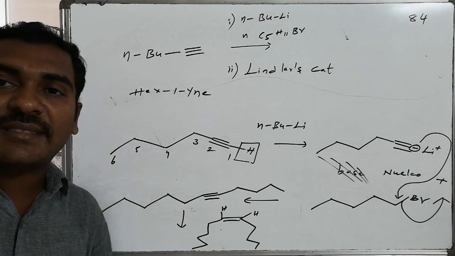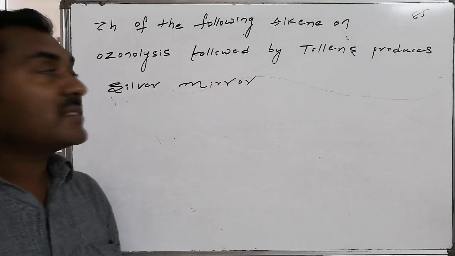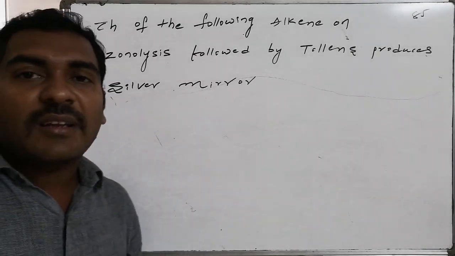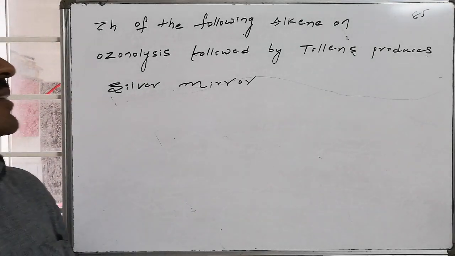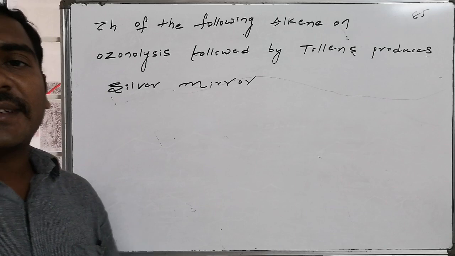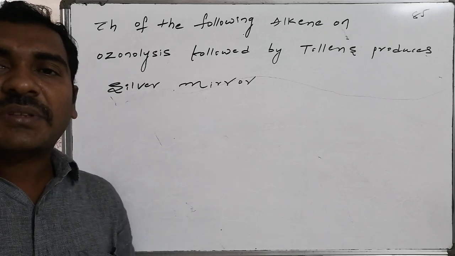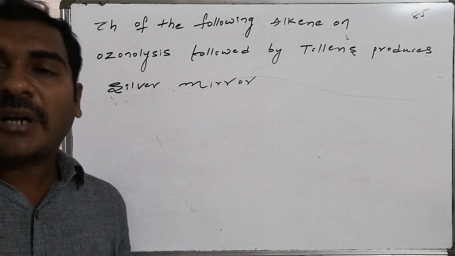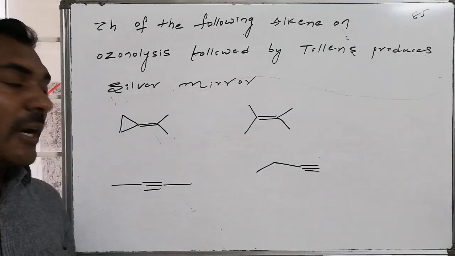a cis alkene system. The next question, question number 85, is: which of the following alkenes on ozonolysis followed by reductive workup, followed by reaction with Tollens reagent, produces a silver mirror? And the list of alkenes provided as options are